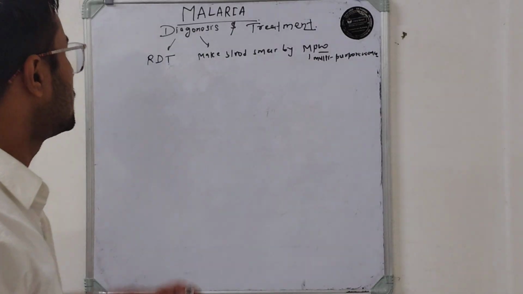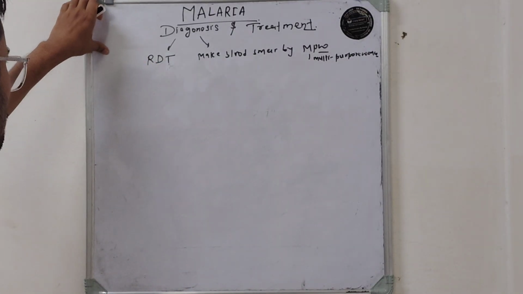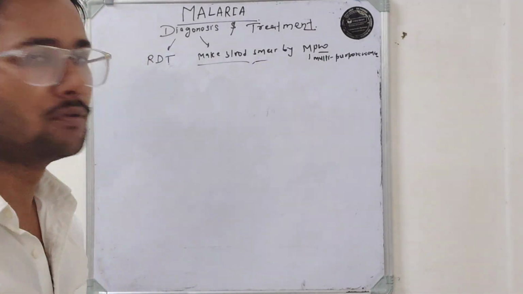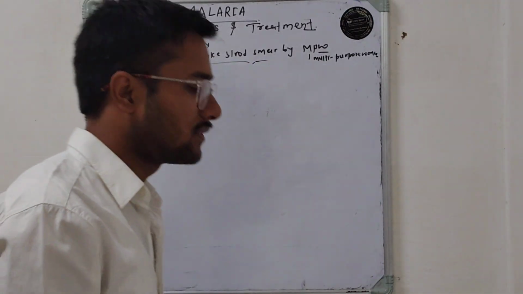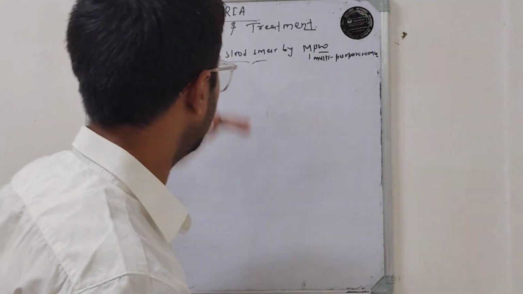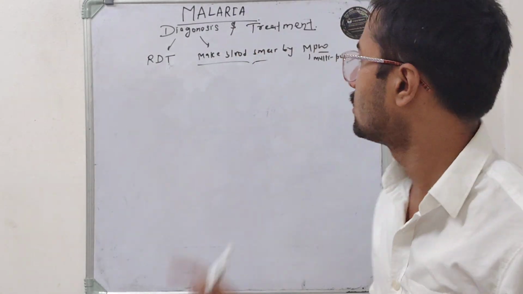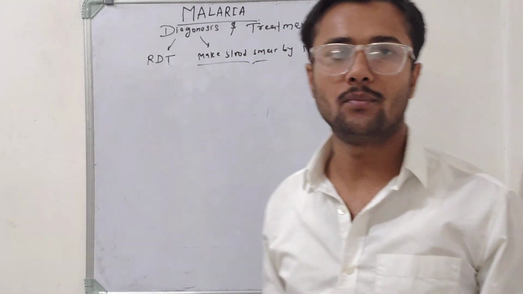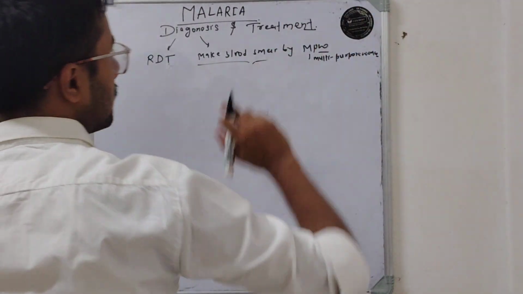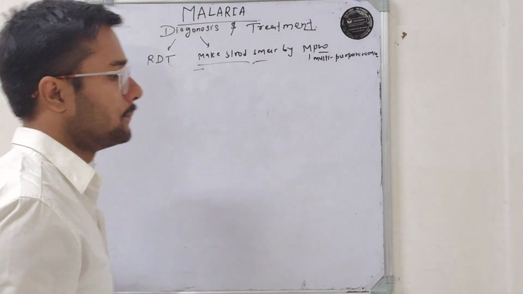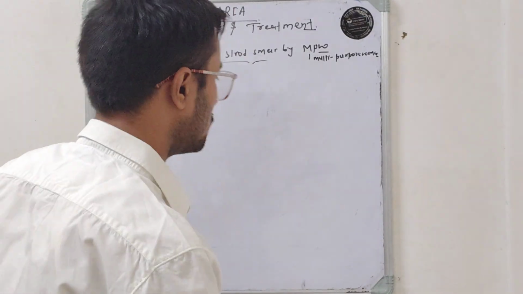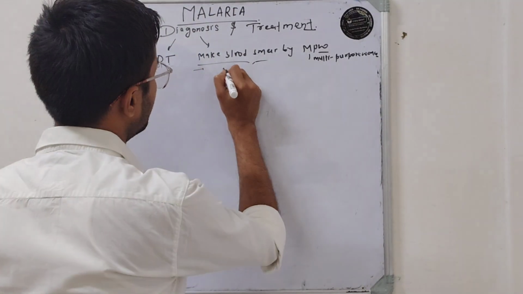Okay. So first, I would like to discuss which test, according to me, is more difficult. So we start the topic with the most difficult thing. Not most difficult. Among these, according to me, this is a little bit more difficult. So we start the topic of diagnosis of malaria with the blood smear by MPW. So what does the MPW do? This MPW worker, I mean multi-purpose worker, basically, according to the malarial survey,